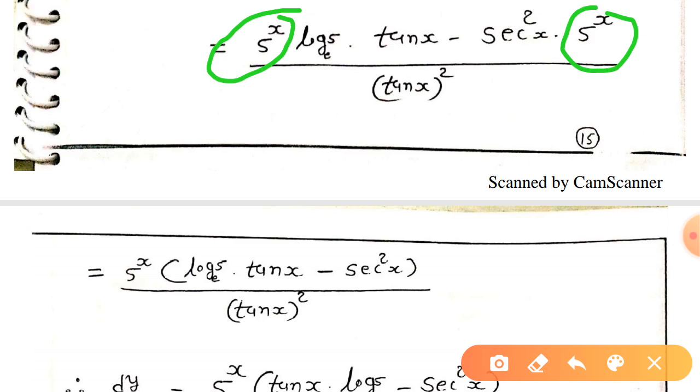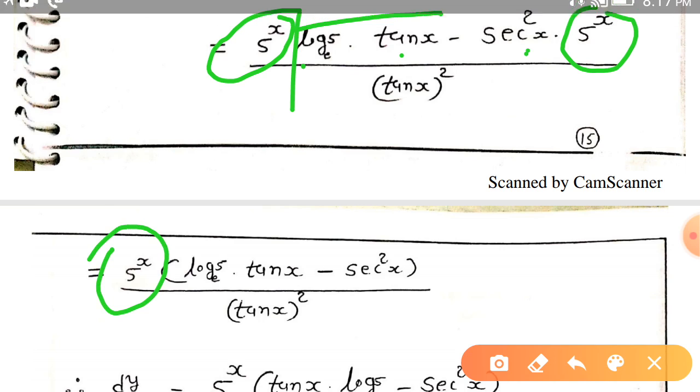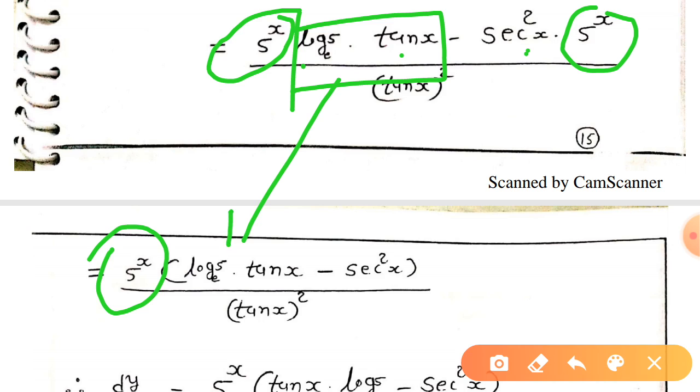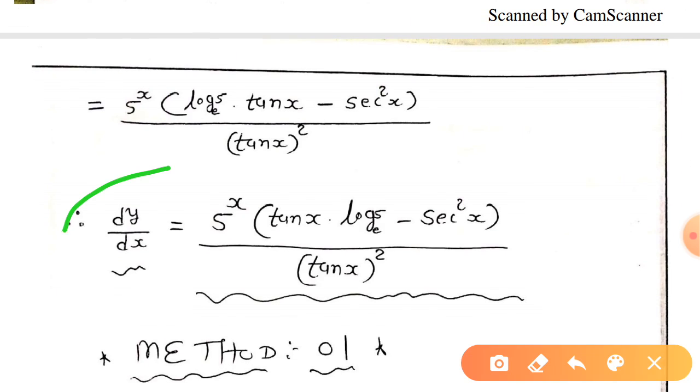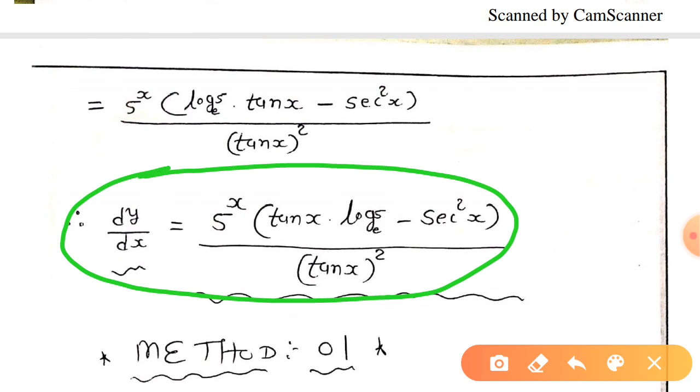No other terms, we can take the common, because log x અહીંયા છે પણ log x અહીંયા નથી, tan x અહીંયા છે, અહીંયા sec x છે, તો common બીજું કંઈ કાઢી શકાતું નથી. જો 5 raised to x લઈએ તો જે ટર્મ વધી છે કોમન, અહીંયા બાકીની બે ટર્મ વધે છે, અહીંયા આપણે એ બે ટર્મ અહીંયા આપણે લખી નાખી, minus sign sec square x as it is. So this is the answer of this example number 8.